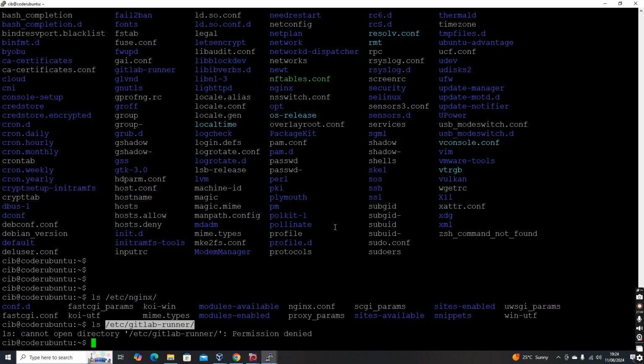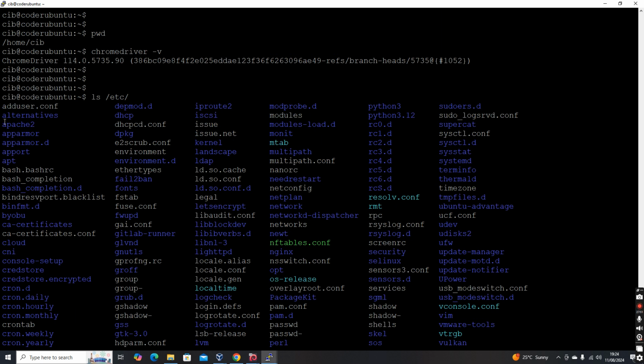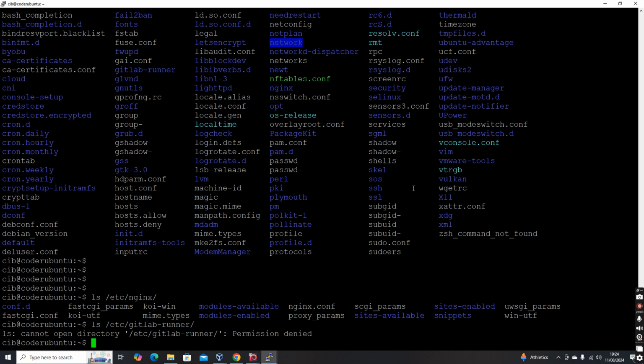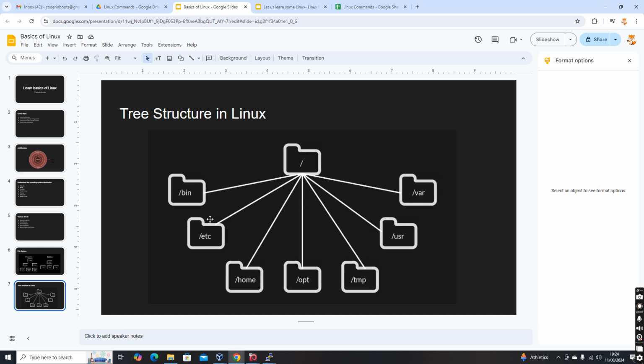Okay, similarly you see there are a lot of other things inside /etc. Apache 2 is there, this is Apache web server, AppArmor is there, right? So cron is there, netplan is the network related things, network, right? All configuration files go inside /etc. Okay, this is also a place which needs elevated privilege. So this, bin also needs super user privilege to make changes.